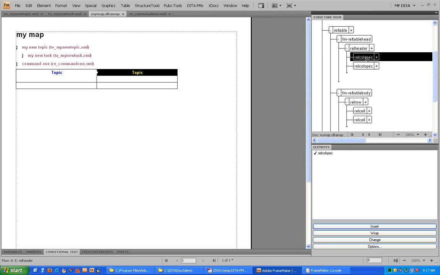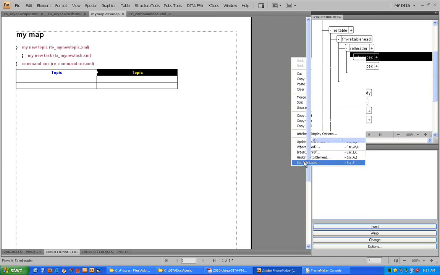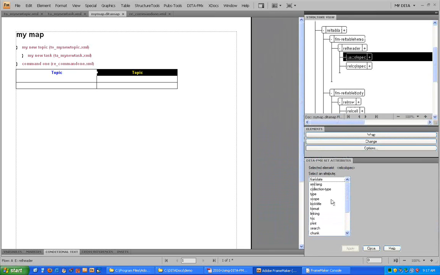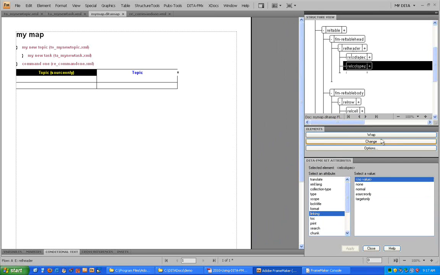Let's go back to the map. I'm going to add the other two topics that we've created. I'm going to insert them into the map, and you just do that by inserting a topic ref. So here's our topic, and then I'll insert the task as a child of that topic. So now